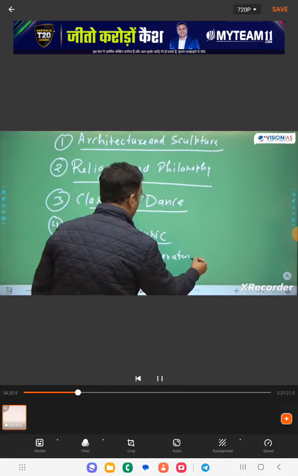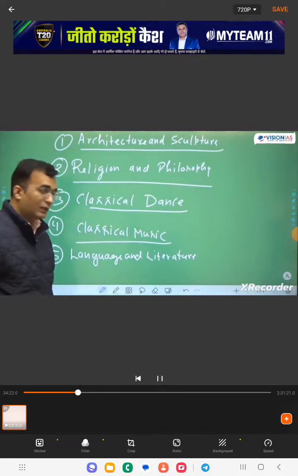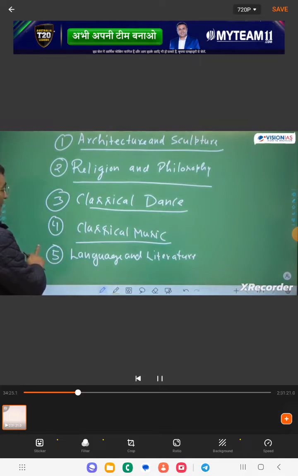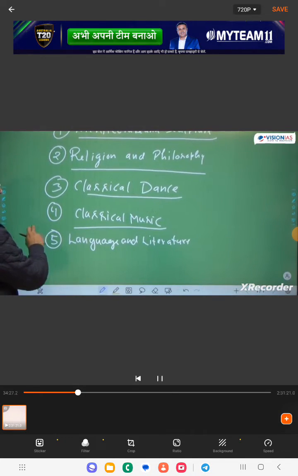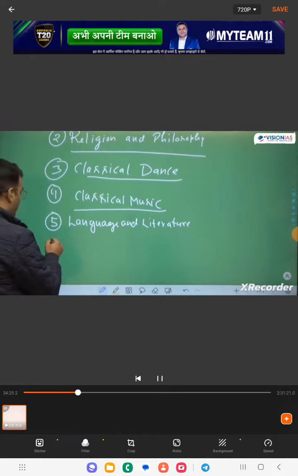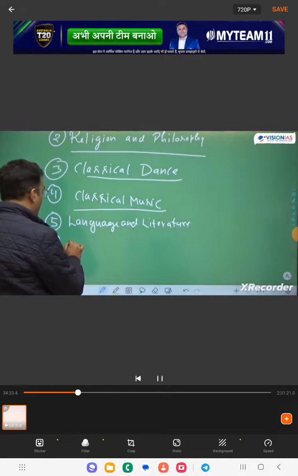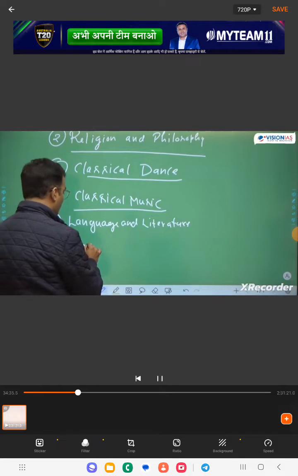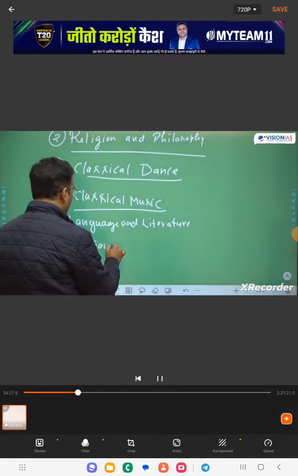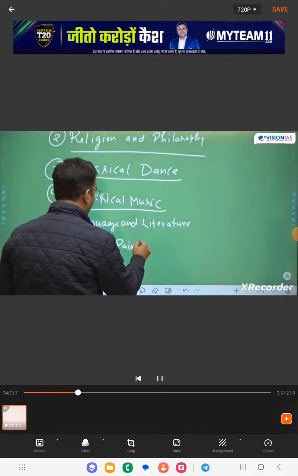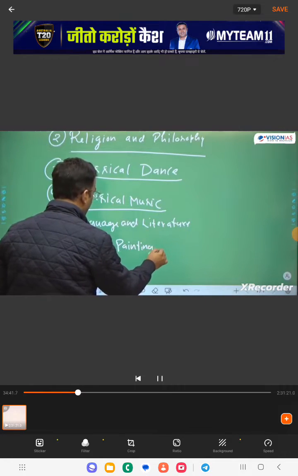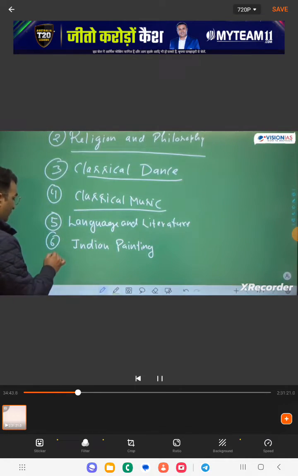Language and literature. This is the fourth topic, fifth topic, and then after the fifth topic, let me write all of them. Sixth would be Indian painting. And then seventh would be